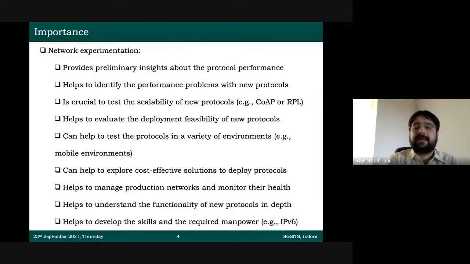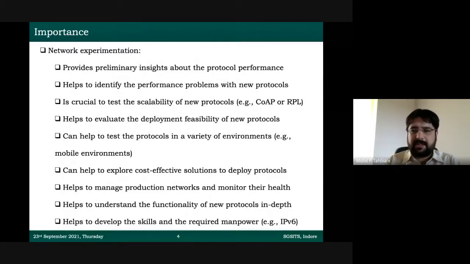What I can say is that experiments that you perform on networks give you a wonderful preliminary insight about the protocol performance. Any protocol that you're studying need not be the constrained application protocol. Of course, we are going to take that as a case study, but you can think of any protocol related to IoT or any wireless networks in general. Any network protocol whose performance you want to study, you can get first-hand insights by performing network experimentation.